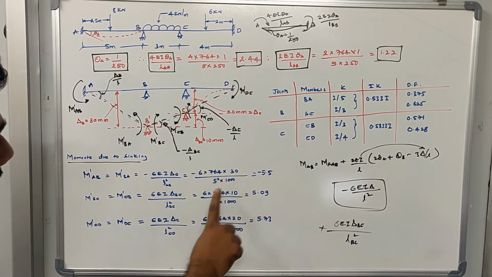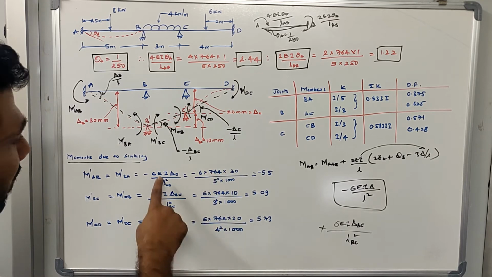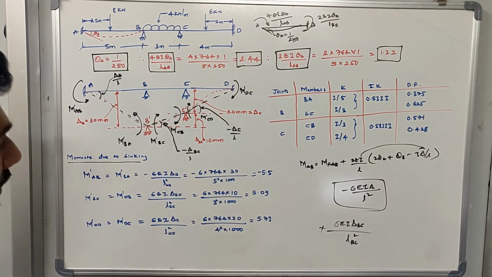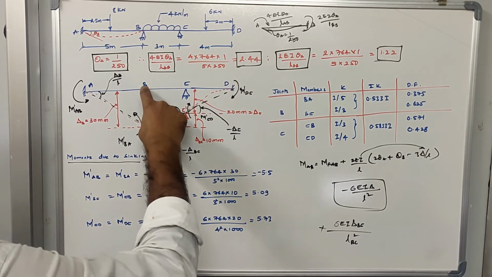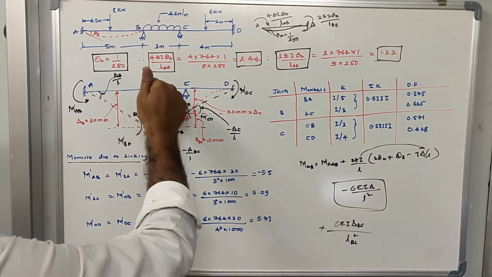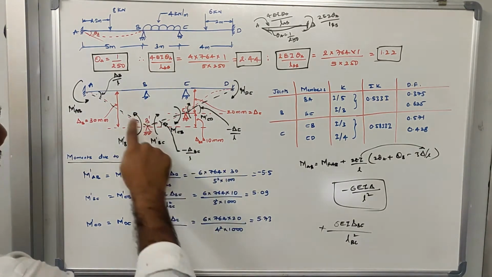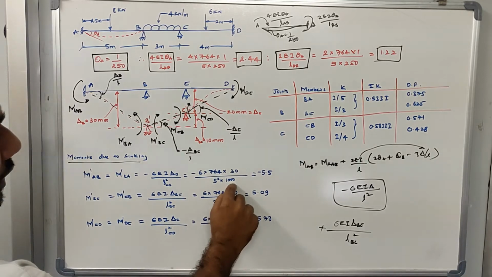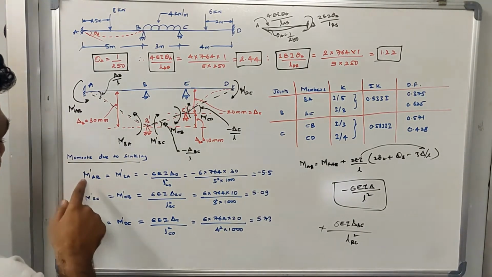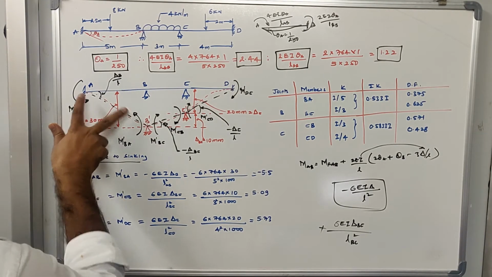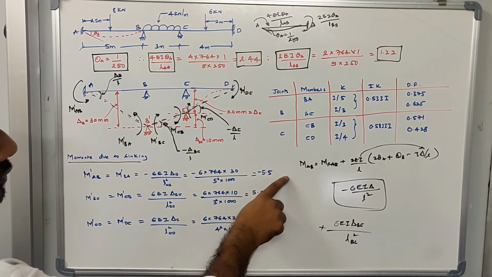Once you substitute the value of EI, the EI value was 764. Now we need to substitute the value of delta also. When you are calculating for M dash AB and M dash BA, we need to consider the translation taking place between B and B dash, which is equal to 30 mm. It is in terms of mm, so you have to divide by 1000 to get it in meters. After solving, the moments due to sinking for member AB, which are M dash AB and M dash BA, are 5.5 and minus 5.5.